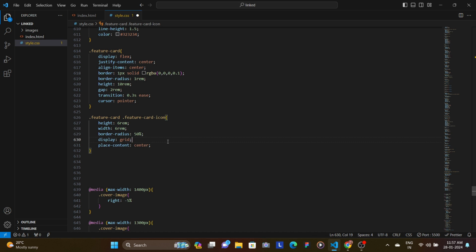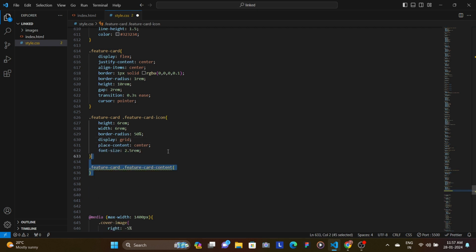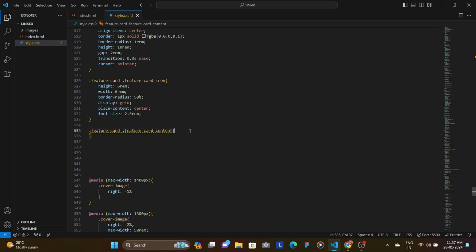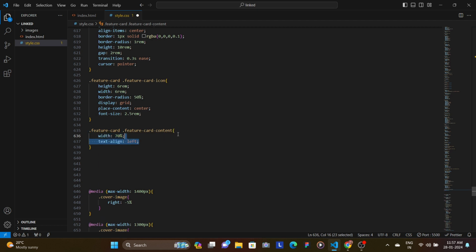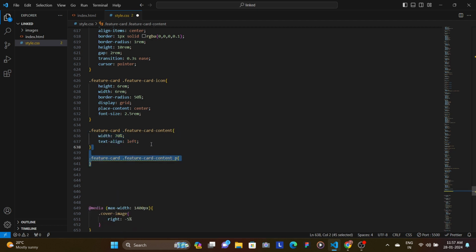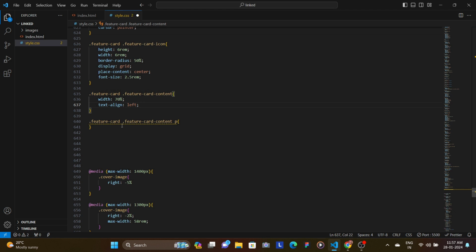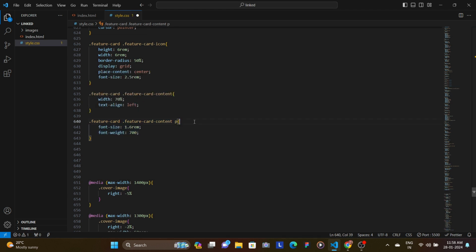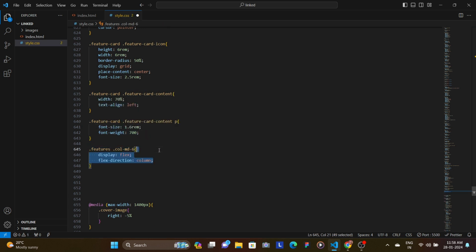With display grid and place content to center, this would place the icon at the center of the circle div. And then we're going to increase the font size. Now we're going to target the card content. We're going to give it width, text align of left, and this paragraph of the card content, which is basically the heading, we're going to increase the font size, font weight, and then